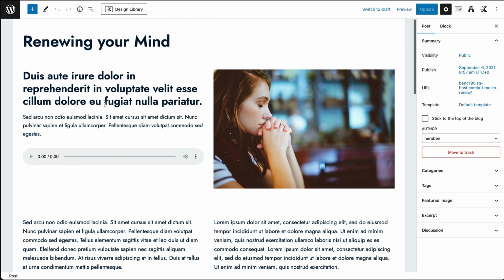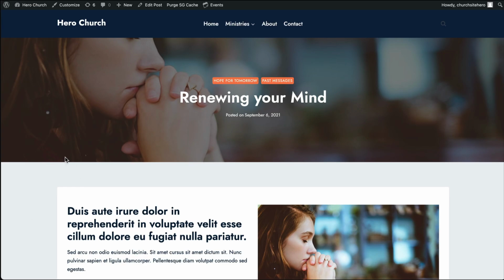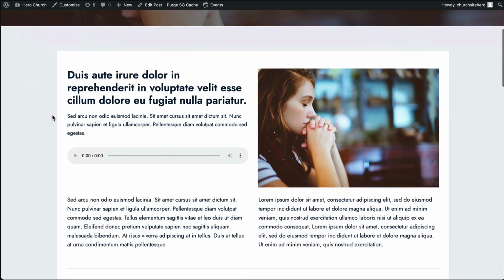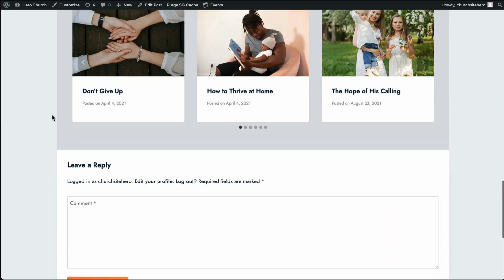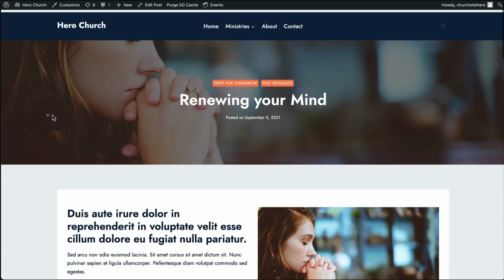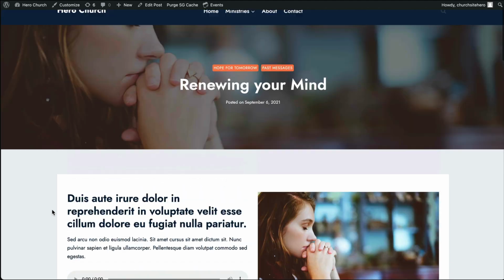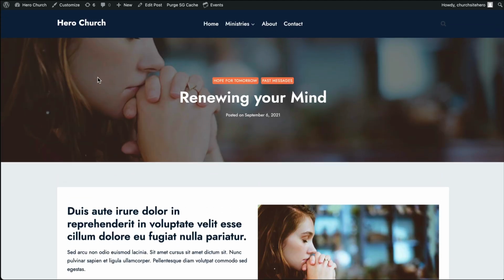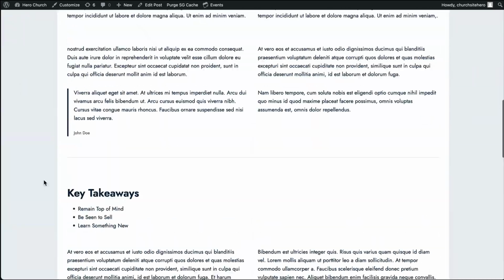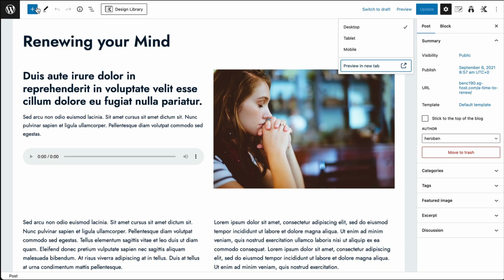So let's go ahead and look at this example post, and we're going to preview it in another tab. When you load an individual post, it does look like a page, and it operates very similar to a page when you're looking at the post individually. But when you're looking at the feed or the collection of posts, that is where things change a little bit. So let's go back into our dashboard,